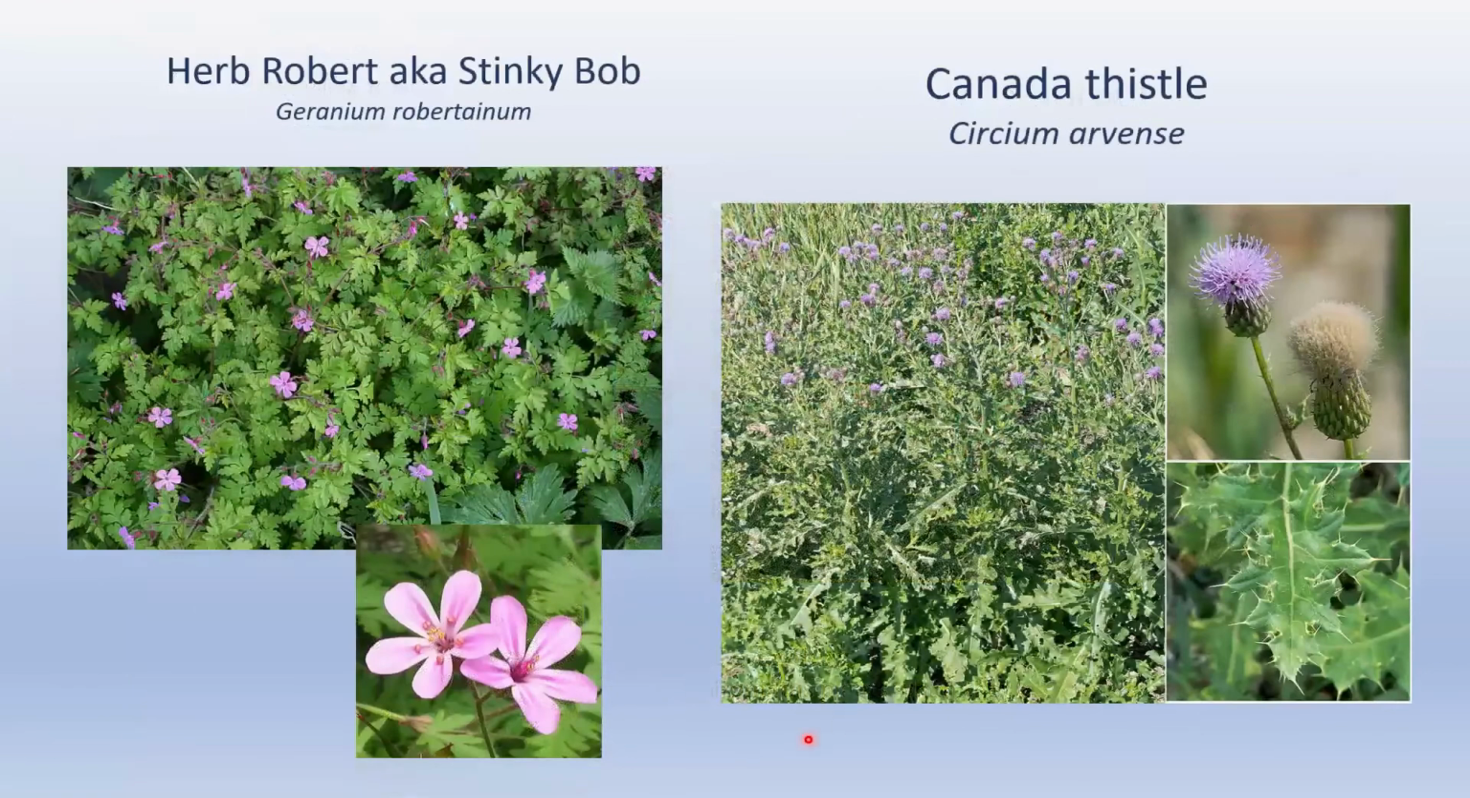And two more heavy hitters here. We've got Herb Robert or Stinky Bob, Geranium robertianum. This is a little shade-loving geranium that can monoculture easily. It is allelopathic, means it puts out chemicals that prohibit growth from other plants. This one you can pull, and pull. The seed bank is about 7 years, and so you will need to stay at it. The amount will be reduced as you pull, but